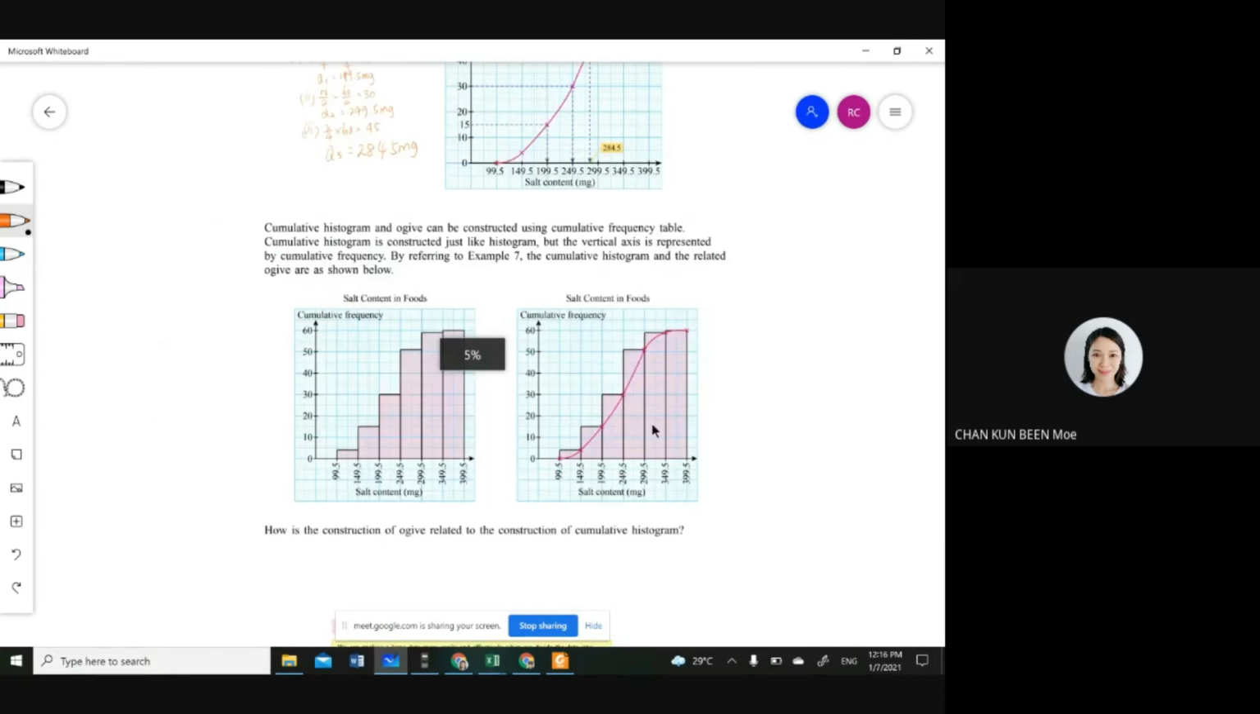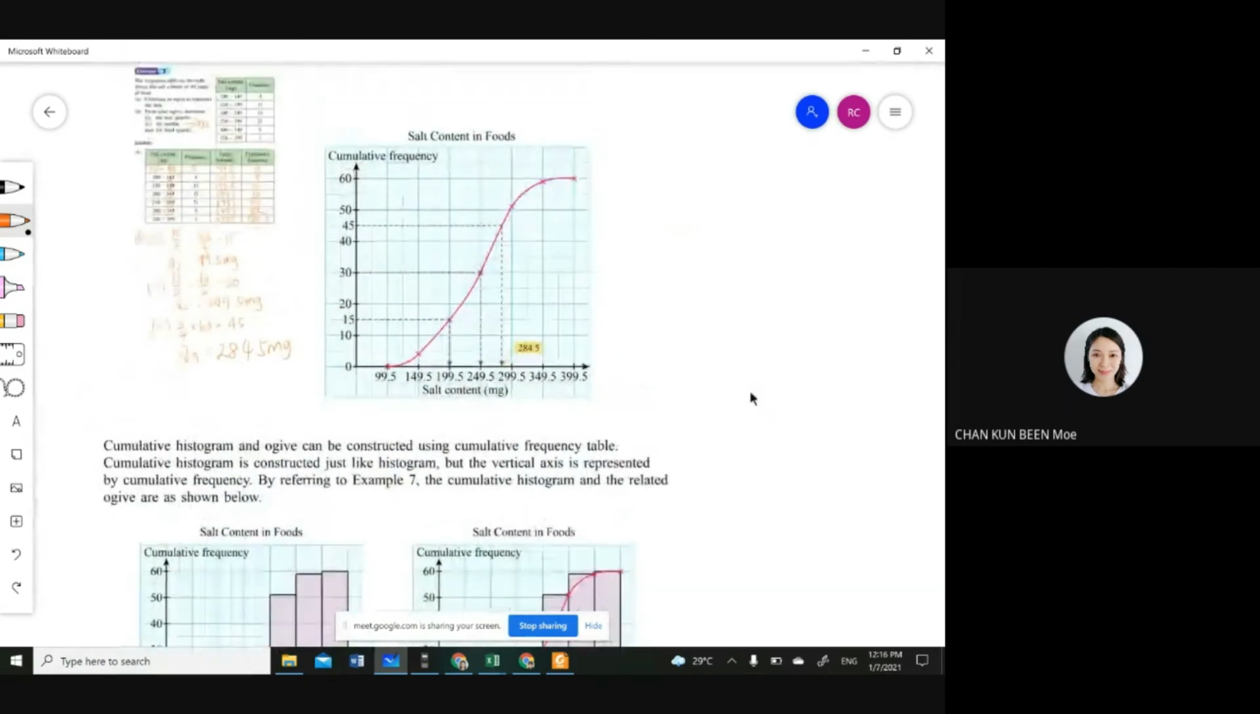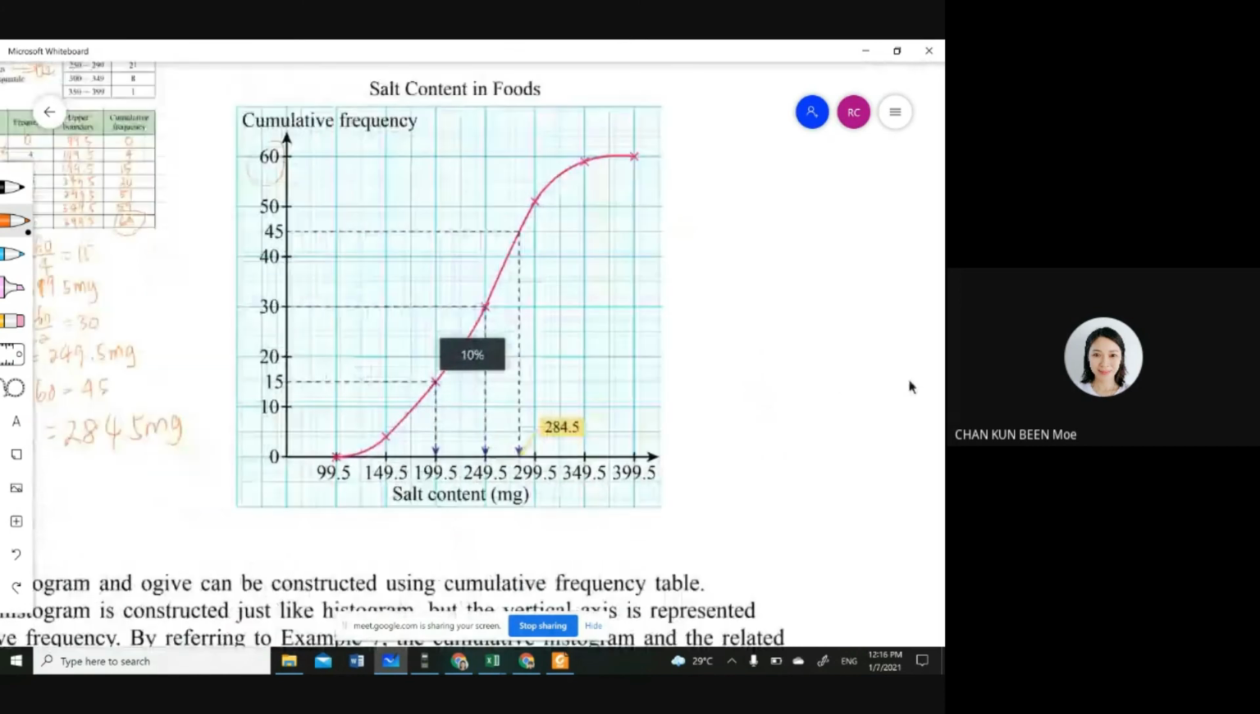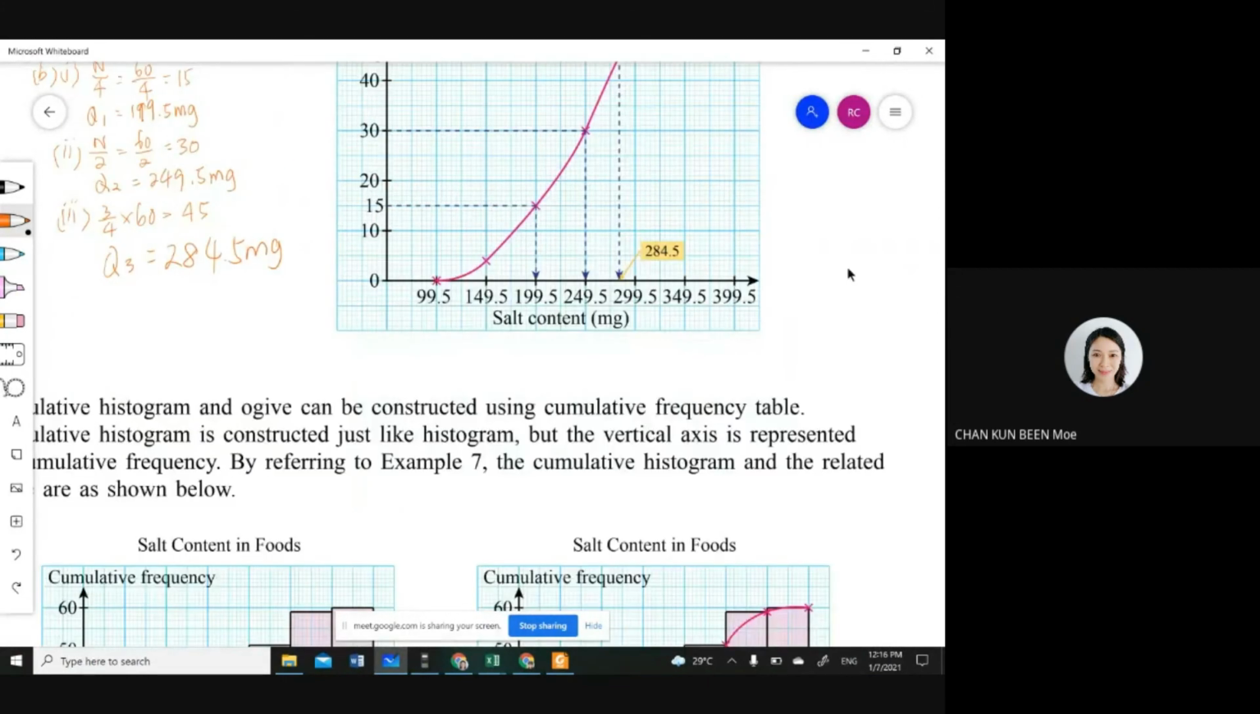I show example 7 to you one more time. This is example 7. You can see from the table the upper boundary. You get this with the cumulative frequency. Now, if you look at this one,